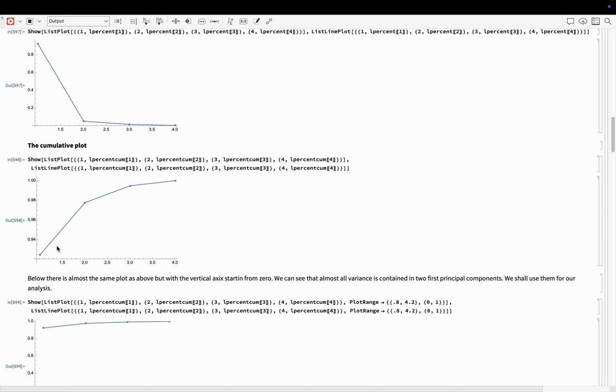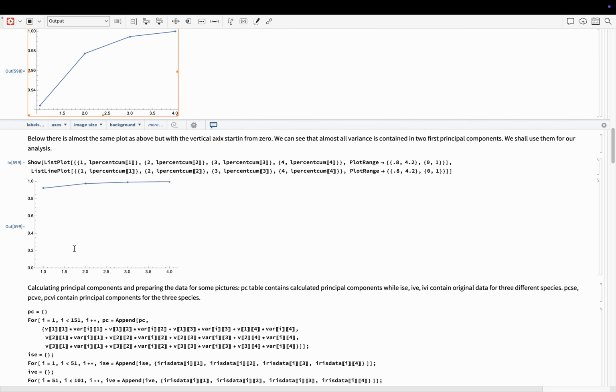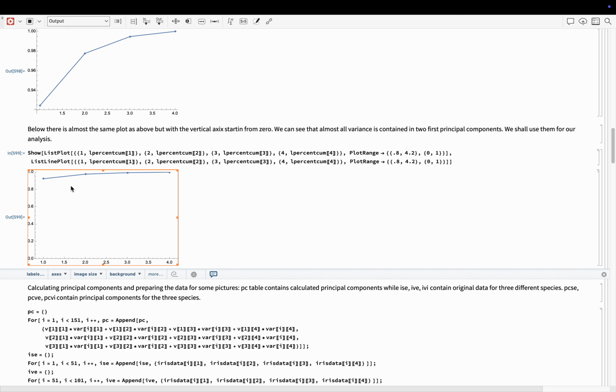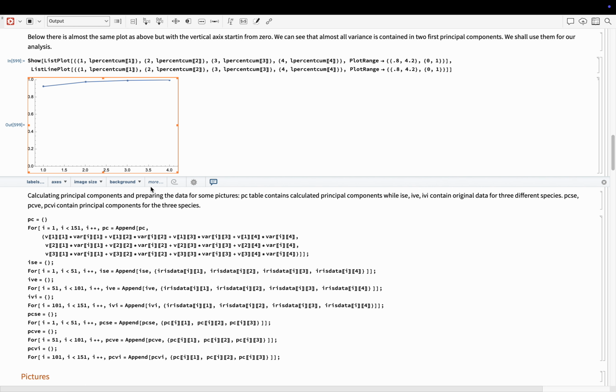Or we can look at the cumulative percentage plot, and maybe this picture is not the best because the vertical axis starts from 0.9 or something like that. It is better to look at this picture because now we can see that really the first two principal components contain almost all the variability that is in this dataset. We will sometimes also look at the three principal components. We definitely disregard the fourth one. So then we calculate those components. So we create the variables,